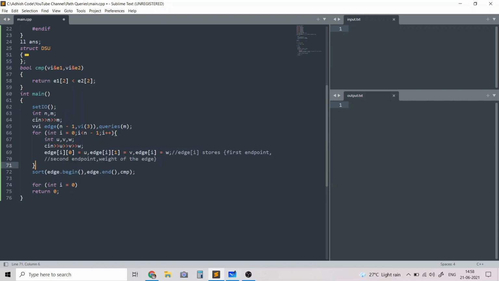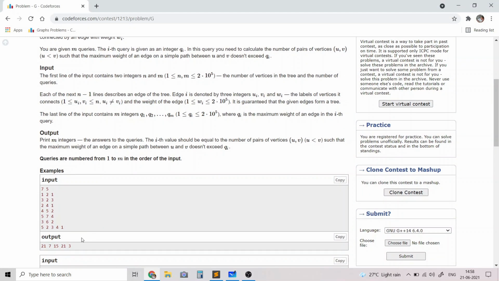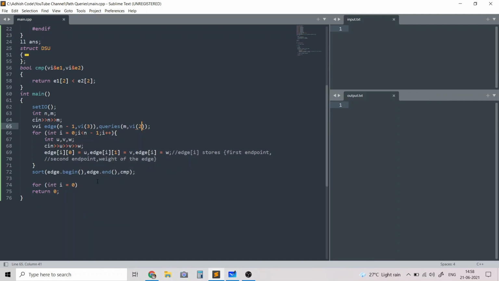The queries will also need 2 parameters. Remember that when we are answering queries offline, we need to answer the queries in the correct order after we are sorting the queries. So for that, we need to store the index of each query. So the queries of I of 0 will store the weight of the ith query, which we'll read in, and queries of I of 1 will store the index of the ith query.